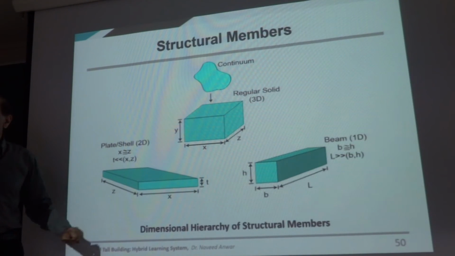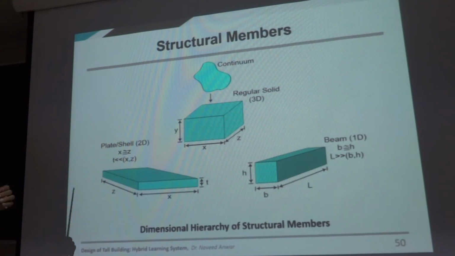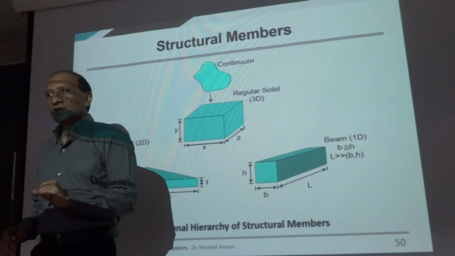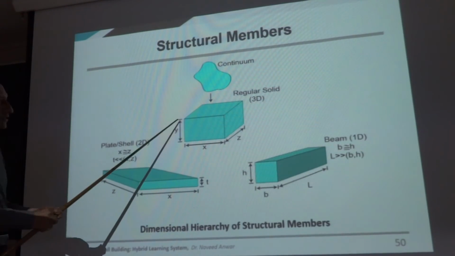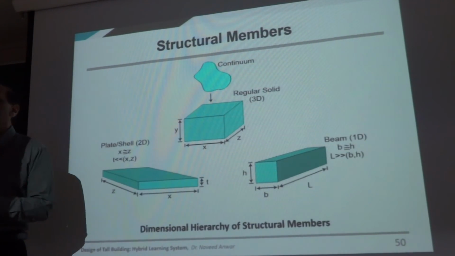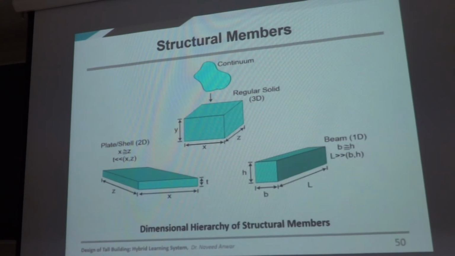To make our modeling simple, we will make the following decisions. We will look at the element that we are modeling, and if all three dimensions are nearly the same order, 3 meter by 2 meter by 4 meter, we will call it a solid, and we will model it as a solid object